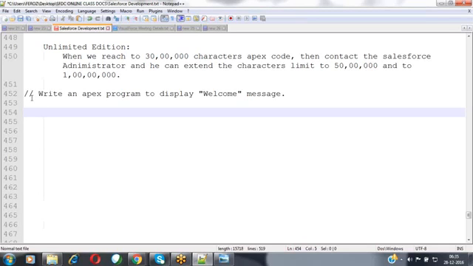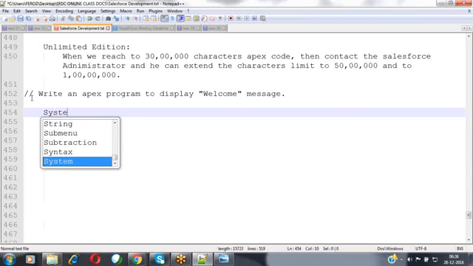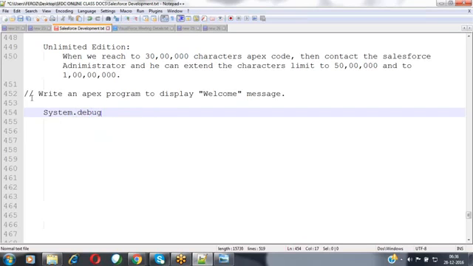In order to print that message, what function do we have? Yesterday we discussed a class called the System class. Inside that System class, we have a method called debug. This debug method prints the message which we have specified inside the method into your debug log file. For each and every request, Salesforce generates a debug log file. In that debug log file, it describes the whole execution of the program which we have executed. So inside the debug log only, it will print that message to you here. Then how can we write that code? We'll see practically now. In order to print that message, we are going to use System.debug.